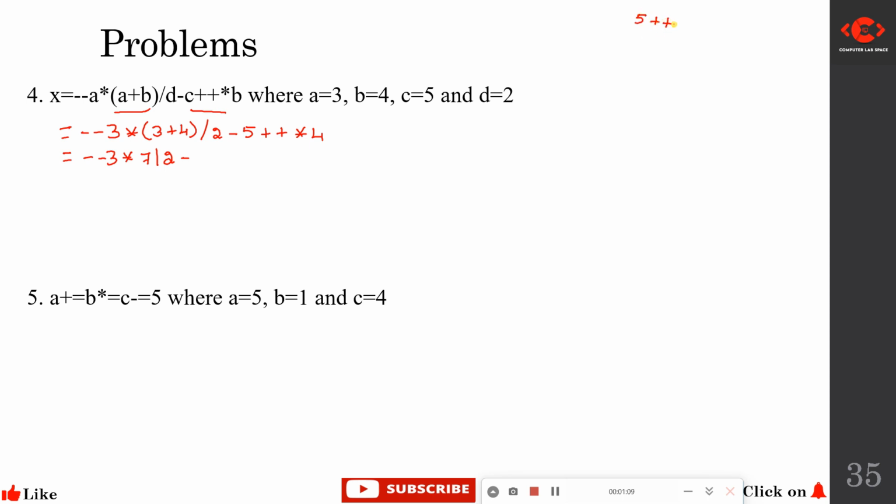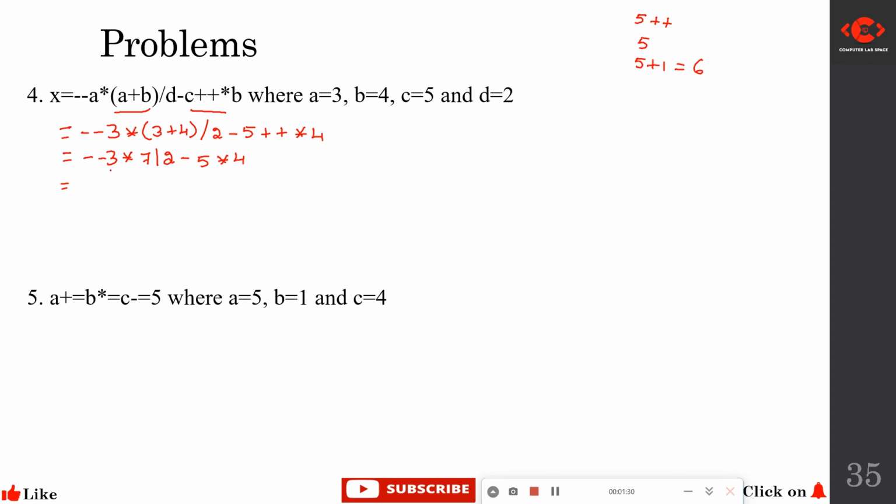If it is 5 plus plus, post increment means first we need to use the value, then we need to increment it by 1, isn't it? So first we need to use the value. So this becomes 5 into 4. So now,